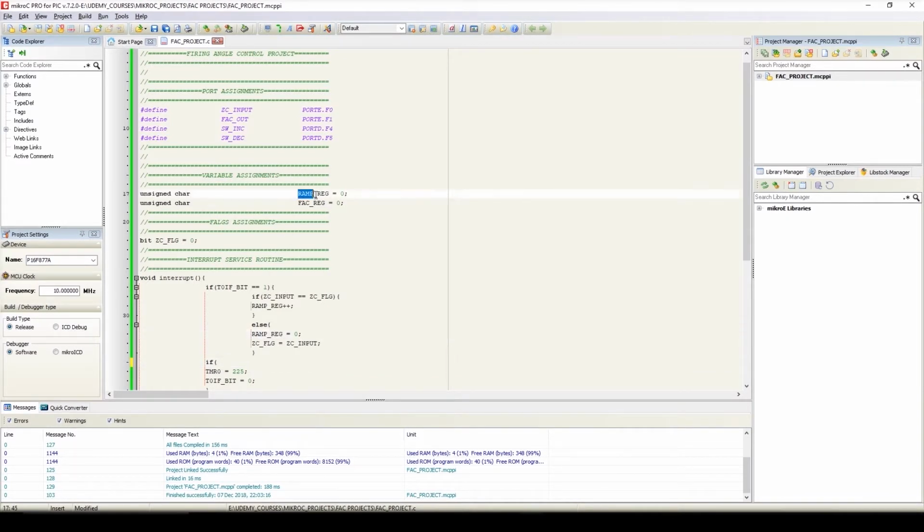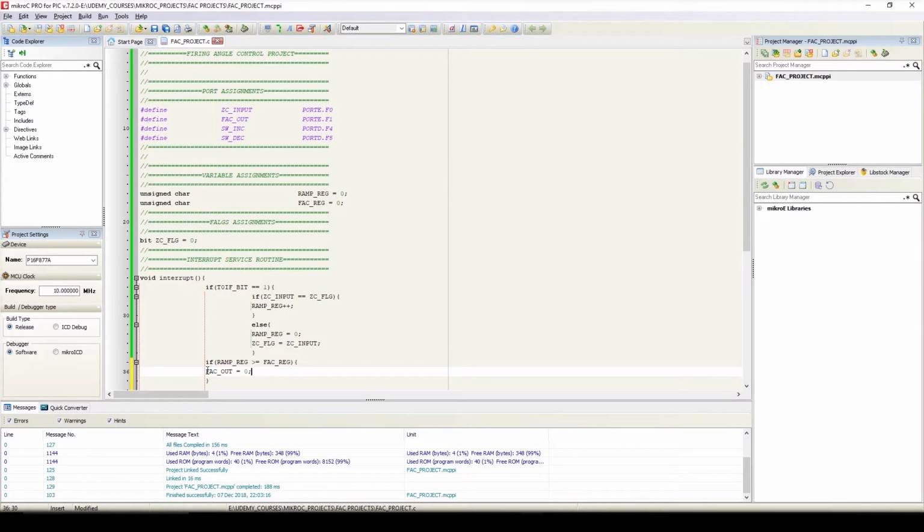So we'll copy this assignment from here, Control C, and paste it here, Control V. If ramp register is greater than or equals to fire angle control register, Control C, Control V, then our program will come into this if statement, and here we will write fire angle control output, Control C, Control V